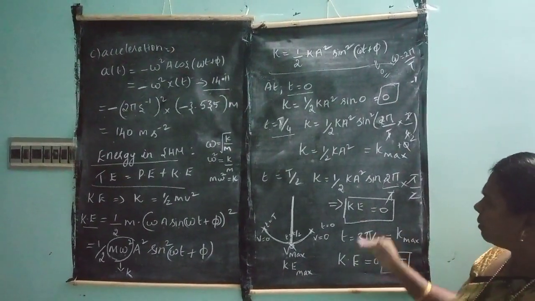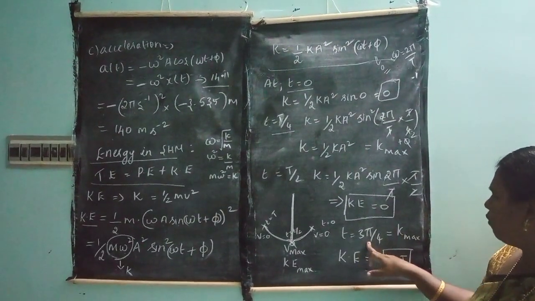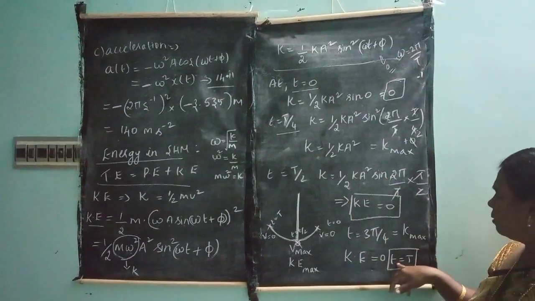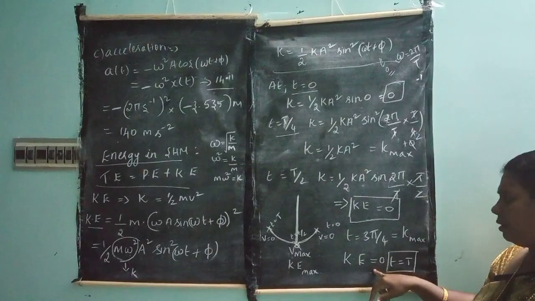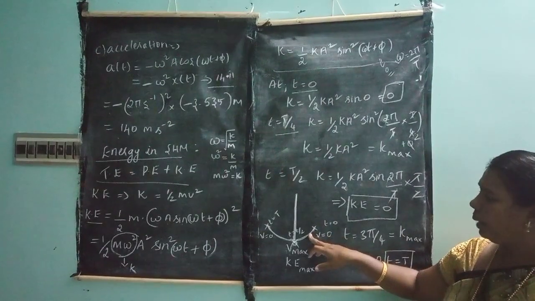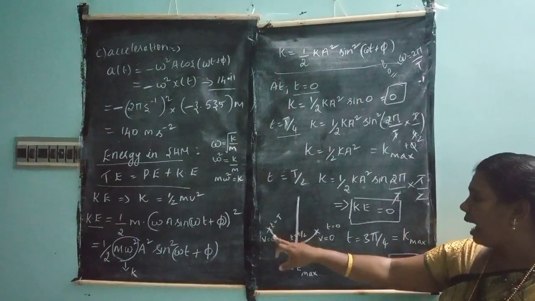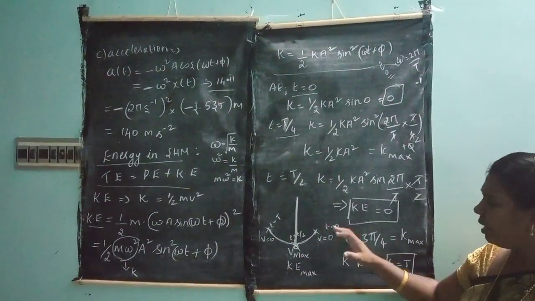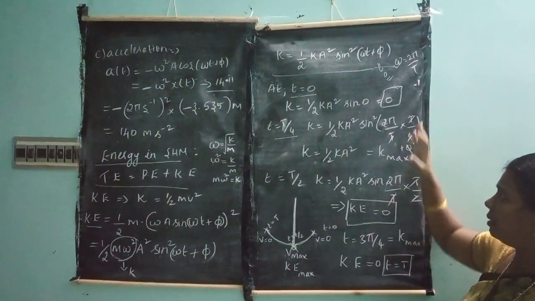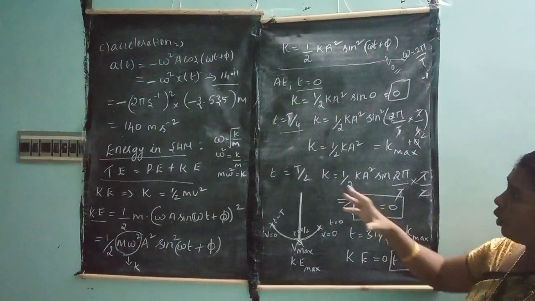Similarly, the same thing goes on. At T by 2, and next I am changing the time, t is equal to 3T by 4. The kinetic energy is again maximum. Again when t is equal to capital T, the kinetic energy is 0. So in all these cases I am varying the time: 0, T by 4, T by 2, 3T by 4, and then again it comes back to t is equal to T. So when the oscillation is going on this way, when is the kinetic energy 0 and when is it maximum? From that you have understood, okay. From that I am going to draw a graph.